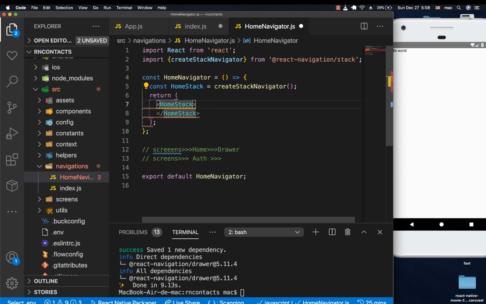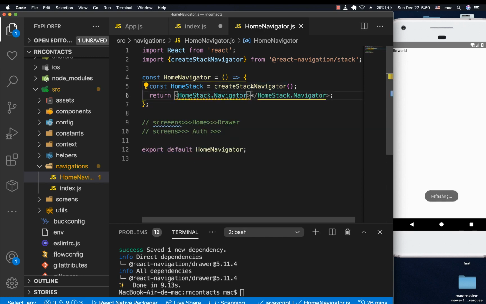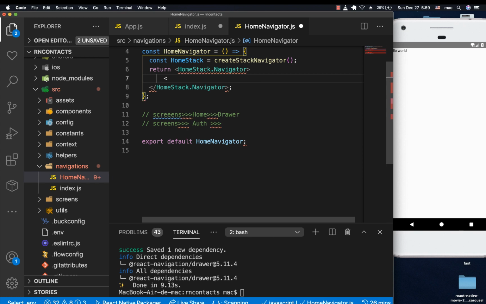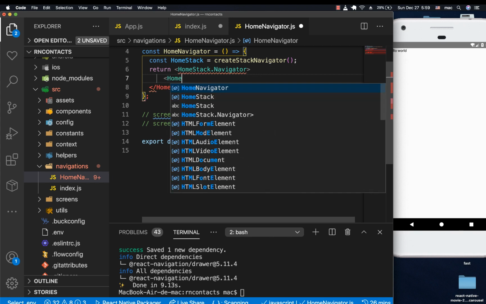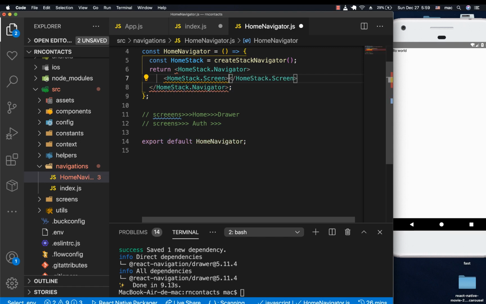So to do that, you want to return basically when you say create stack navigator, it's going to give you an object you can use to define your navigator. So you're going to wrap it in stack.navigator, and then in here you define your screens. Now to define a screen, right now in our case we're going to be calling home stack, then we call screen like this, and in here